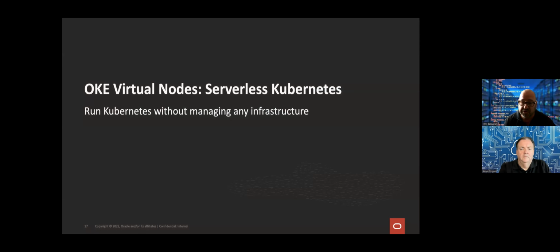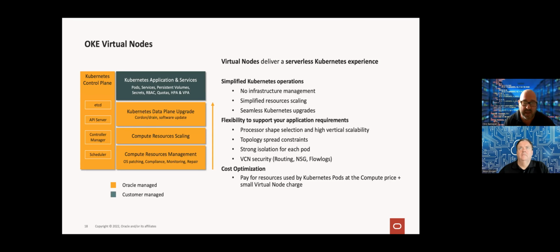Now, moving on to what's new and what's coming into OKE: serverless Kubernetes nodes. As we saw before, we manage the control plane, but the data plane is managed by the end user. Serverless is basically where we manage the entire stack, so the control plane and the nodes are managed by Oracle, hence serverless. All you do is consume the cluster and create your pods, applications and microservices on top of the infrastructure that we've laid for you.